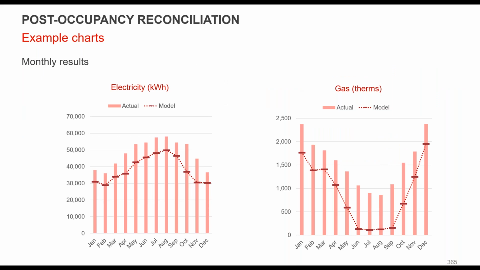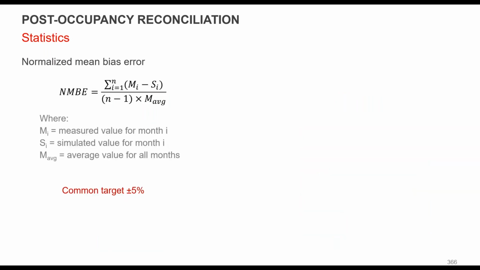So here are a couple of charts you might do. You might be looking at different fuels, looking at energy use, actual, and you see in this case, we underpredicted the actual, and same on the gas side. And that's not unusual because there are a lot of things that you don't know as you're doing this.